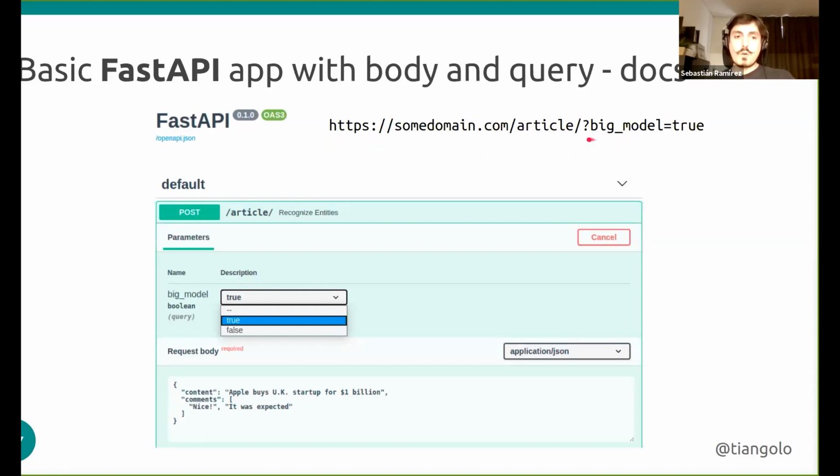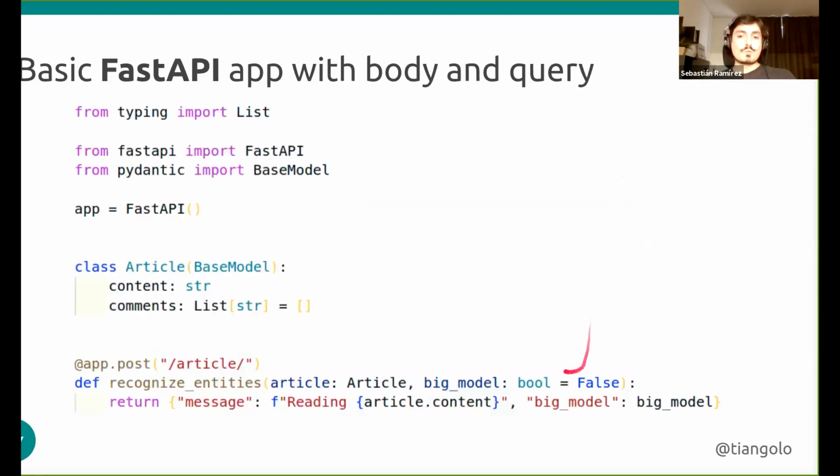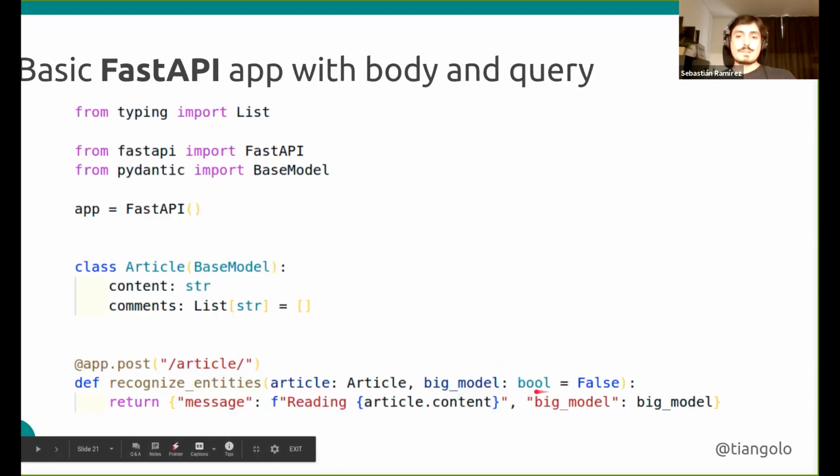There's no standard for other values in queries or in URLs in general, apart from a long string with several parts. But because we declared that this should be a Boolean, FastAPI will take care of converting this big model to a Boolean. So we won't receive a string containing the string false or something. We will receive a Boolean, like we declared here.